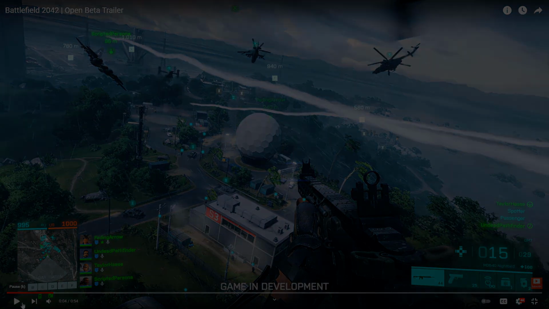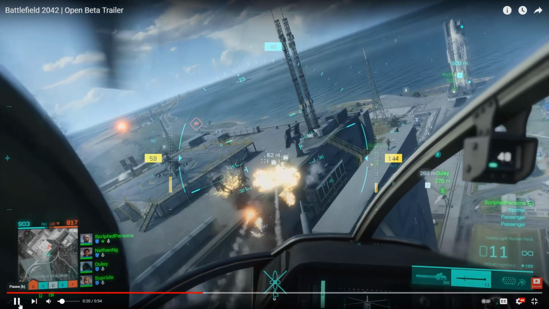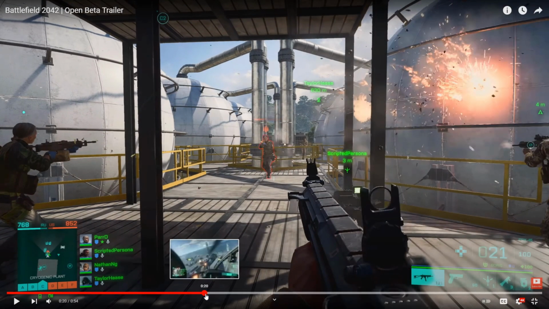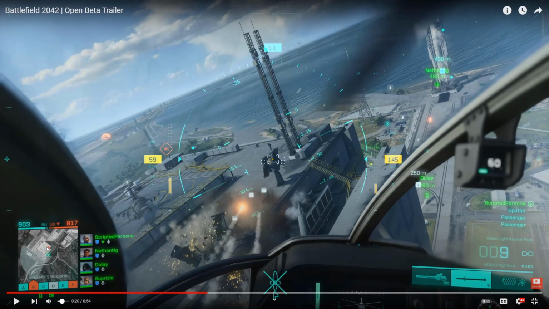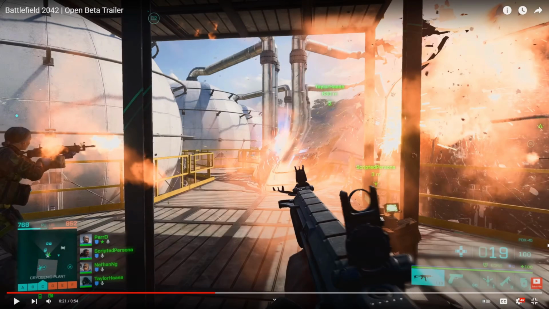So, right here we get a little look at the minimap. It might be quite hard for you guys to see from YouTube compression and stuff like that, but it looks quite bare. Maybe we can see it in motion. It's kind of quite static and not very obvious. I don't like the minimap particularly. Hopefully it will improve visibility wise for the full release. And here we have the name of this UMP gun. It's called the